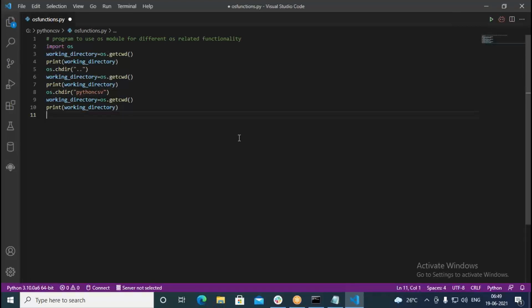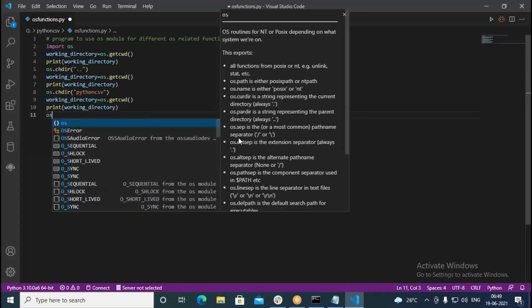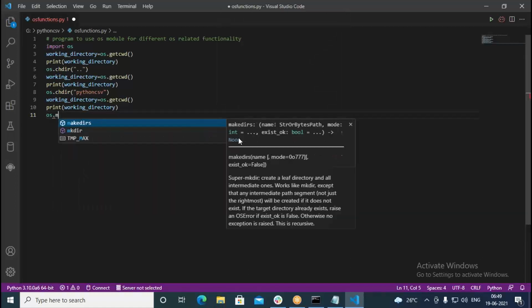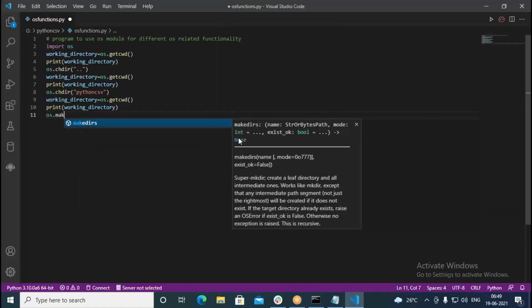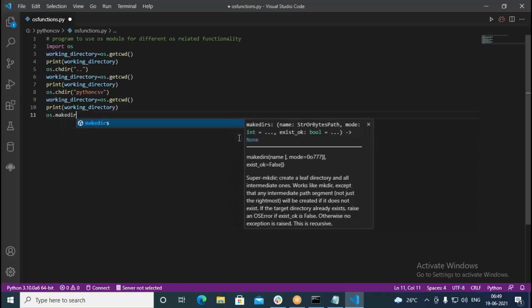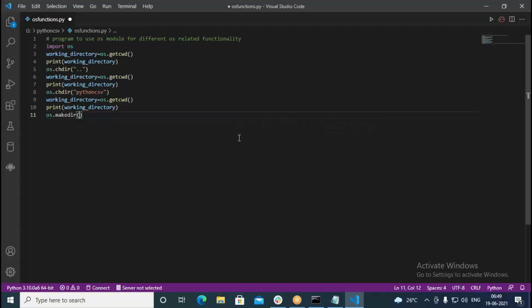So what I do here, I just type os dot makedir. I give this makedir command, followed by a new name. Say F1 is the name I give. Okay, I'm giving F1 here, and it should create a new folder. It should actually create a new folder. Okay, so let me see that.